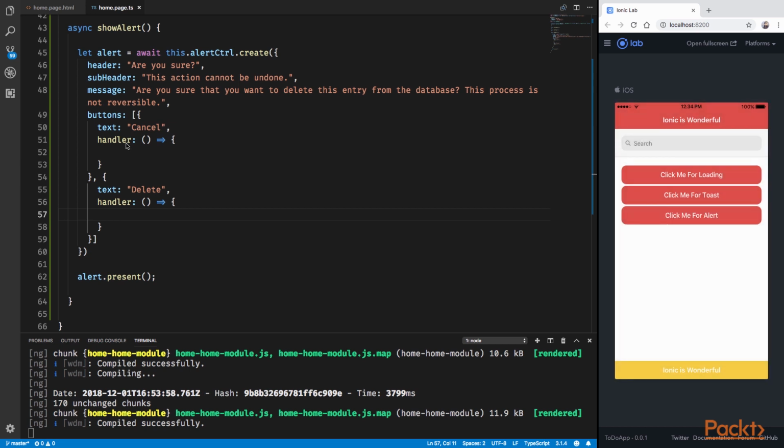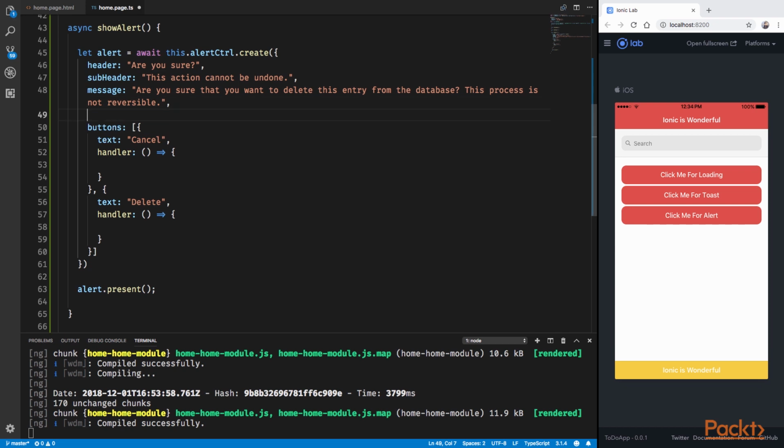If you tap on the cancel button, the handler for the cancel button will be executed, and if you tap on the delete button, the handler for the delete button will be executed. So now that you know how you can create an alert with buttons, let's learn how you can add input fields to this alert. So right after the message property here, I will go ahead and define a property called